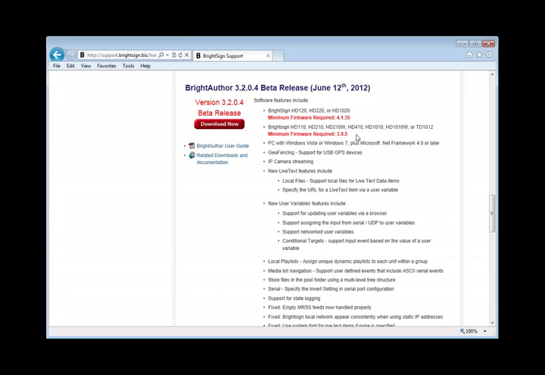When we release a new version of BrightAuthor, it's generally new features and bug fixes that are supported. Well, in order for those new features and bug fixes to be properly rendered over on the player side, there's almost always a companion player firmware update. So keep in mind that if you update BrightAuthor, you're also making the decision to update the